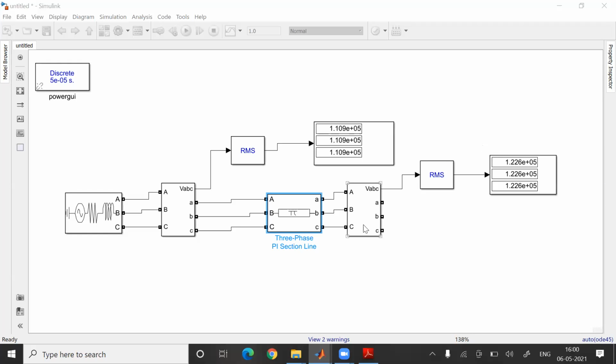Has anybody heard of shunt compensation?